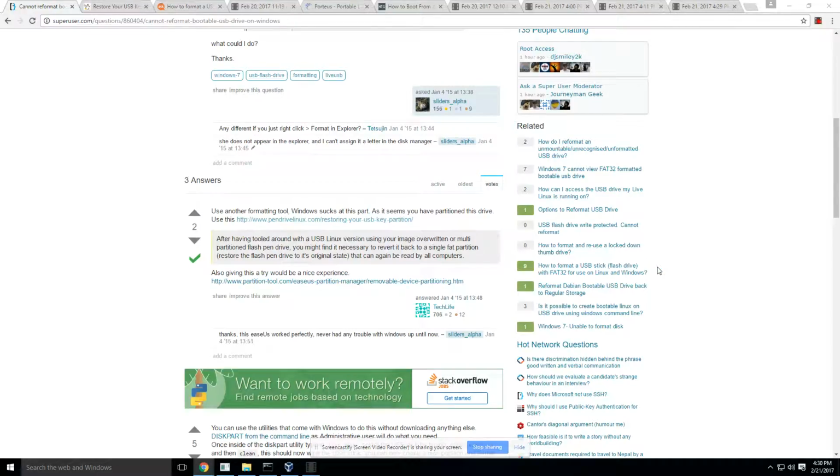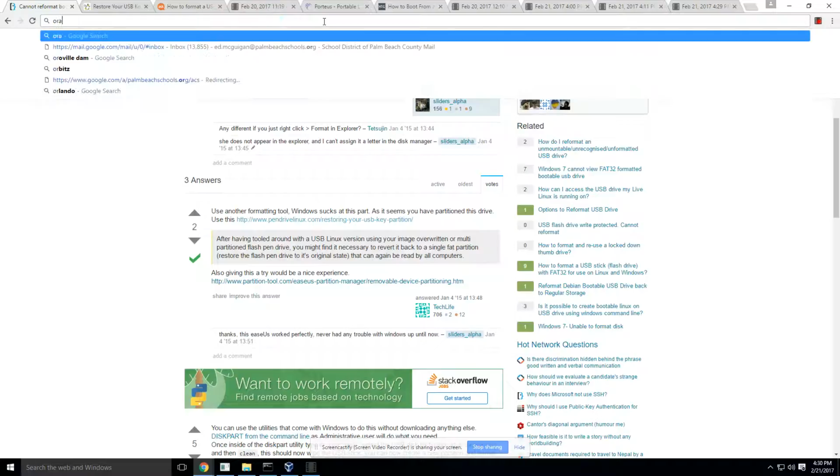So in order to be able to create your initial Porteus USB stick, we're going to be a bit indirect here. What you're going to have to do initially is to install Oracle VirtualBox as a virtual environment. So basically, you just put in Oracle VirtualBox